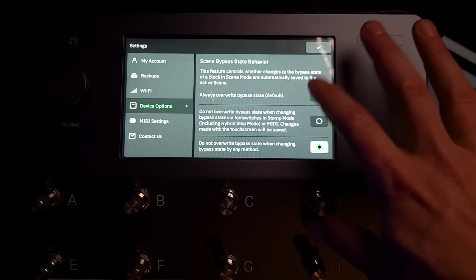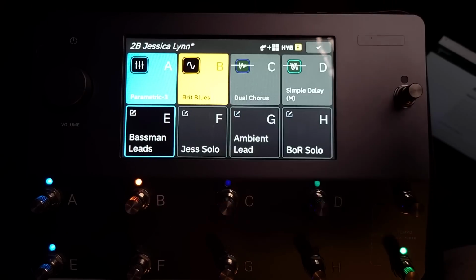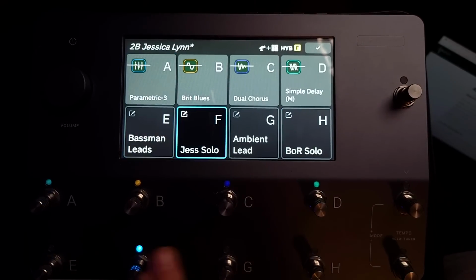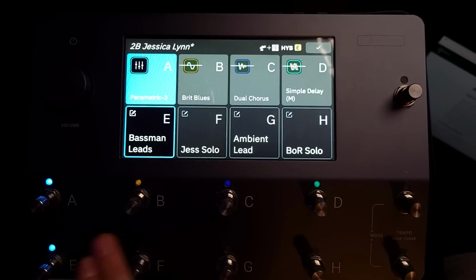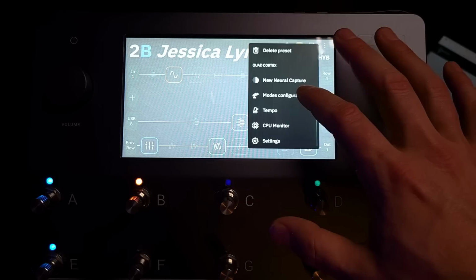And while we're on here, let's just take a look at what happens here. And we're in always overwrite bypass state. So now if I'm here and I bypass that, it's now just bypassed for good, which in my opinion is no good because it's a scene. If I dialed in a scene to be a certain way, I want that to stay the way it's supposed to be. So that is definitely out for me. I'll never be using that. The other option